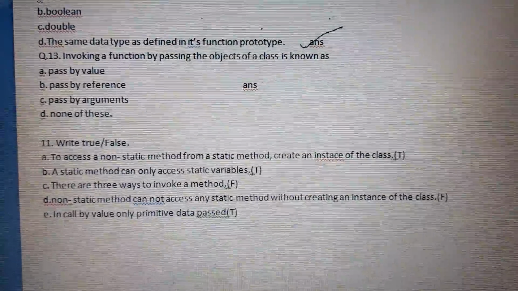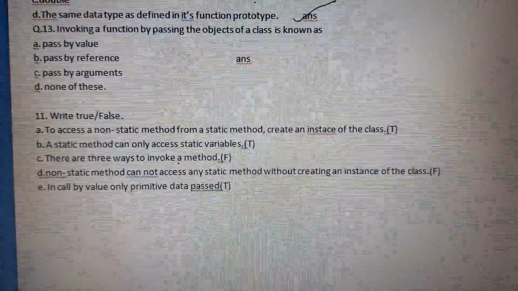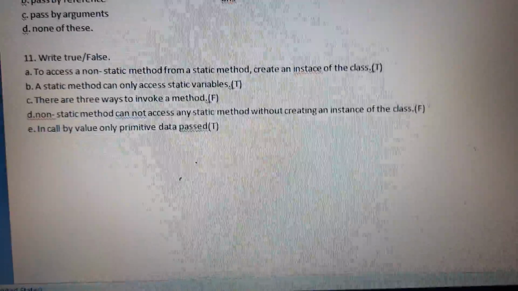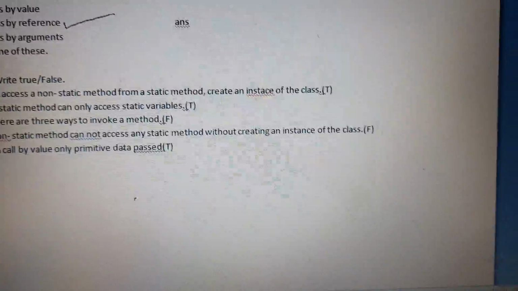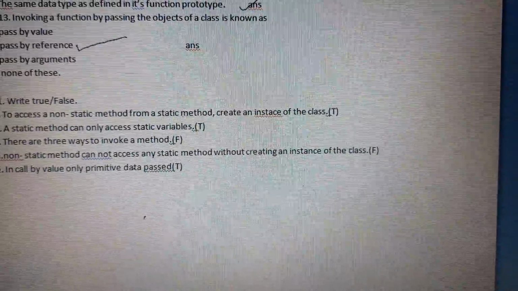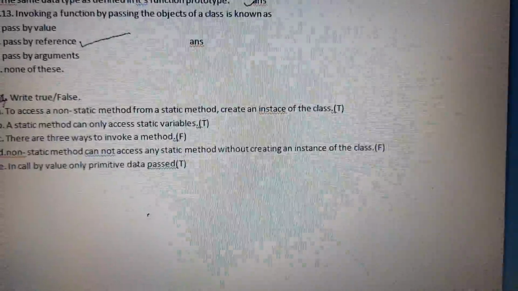Okay, pass by reference. Question number 13, the answer is this one, right? Then this is question number 14, not 13.